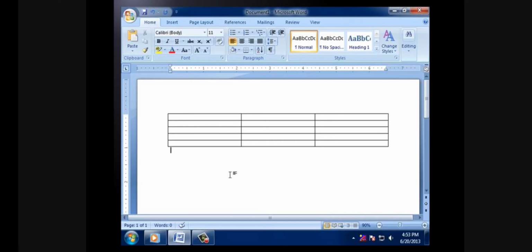So, we have seen how we can create and use table to arrange information in a better and effective